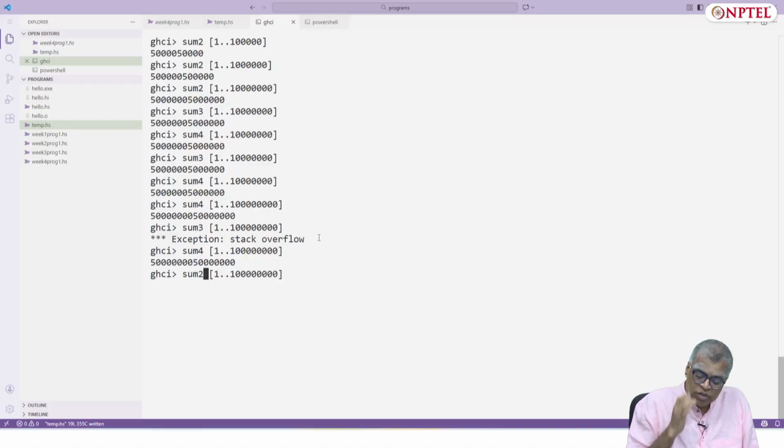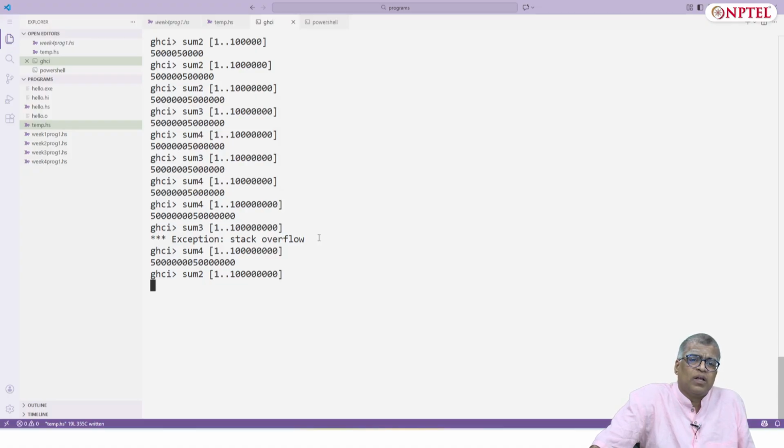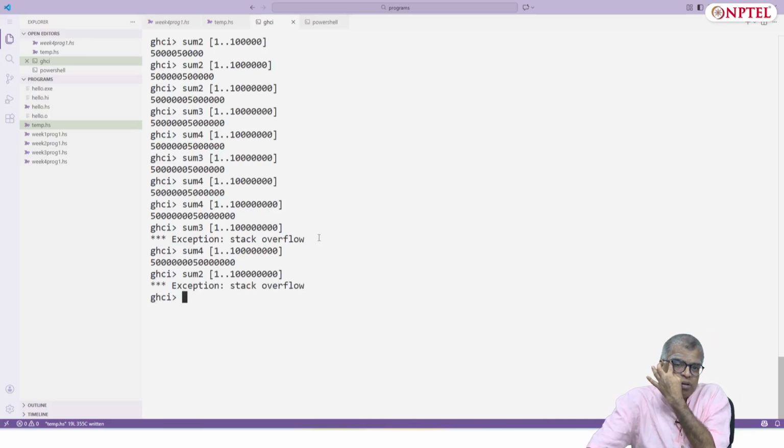Sum2, remember, is the foldr version. Maybe sum2 will also quit saying stack overflow, because in foldr also you have to carry some huge expressions around. So if we wait for a while, we might actually get an error message now. This is just to tell you what the difference is. So it seems foldr also fails. Of course this is a contrived example, but you can imagine that there are situations when foldl and foldr will have to carry huge expressions around, whereas foldl' will be much better.